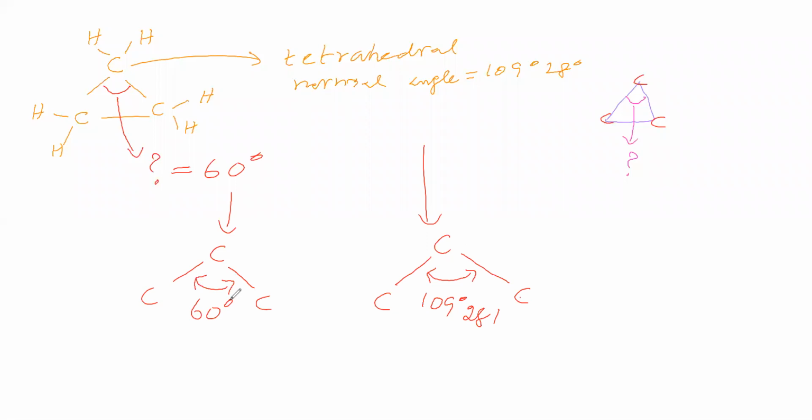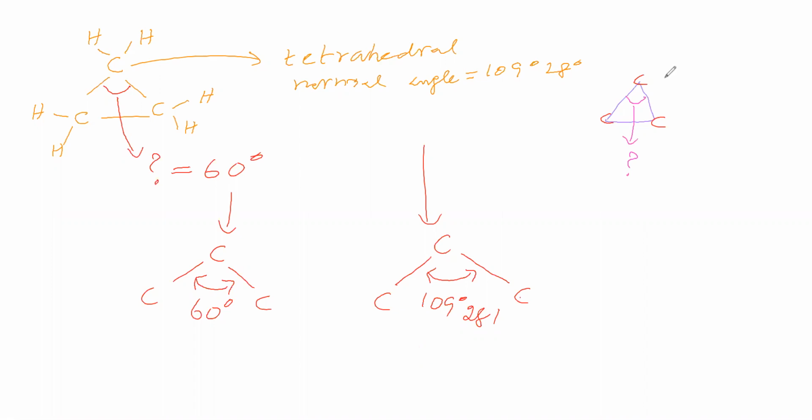Now this bond contains 2 electrons, this bond contains 2 electrons, and these electron clouds repel each other. This electron cloud has negative charge, this electron cloud has negative charge. Between these two electron clouds, repulsion will be there. Due to repulsion, the species gets a strain. Strain means stability will be low. Here also these bonding electrons repel each other, and due to that stability will be low.